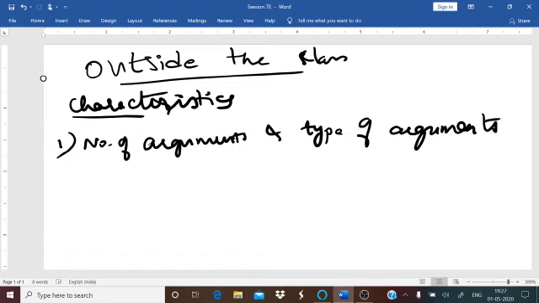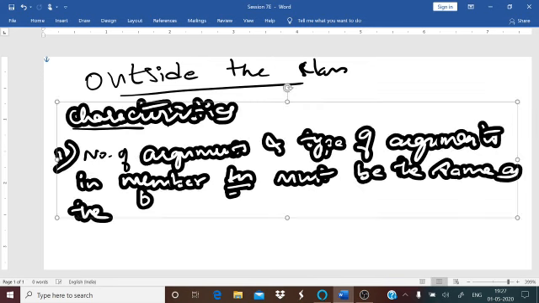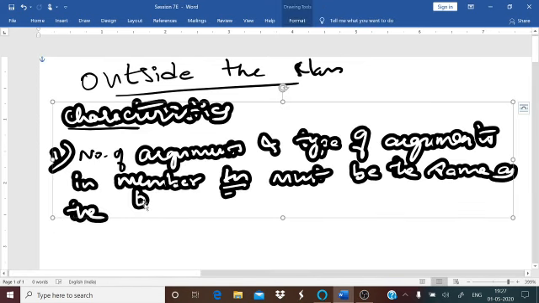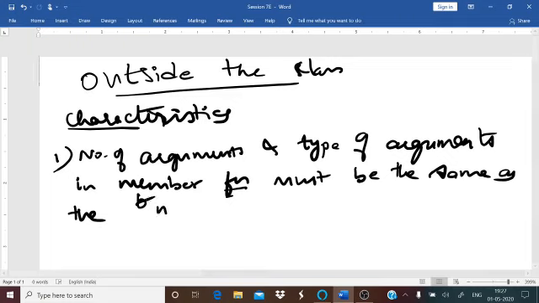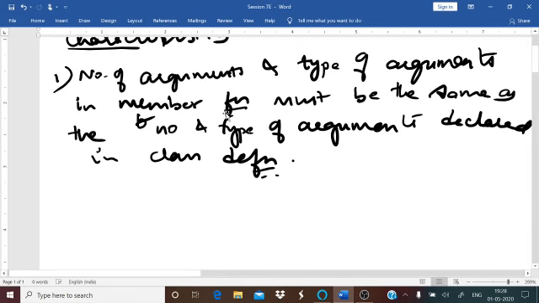Remember the number of arguments and the type of arguments in the member function must be the same as the number and type of arguments declared in the class definition, because you are doing it separately outside the class, right? So you have to keep in mind it has to be the same in both.